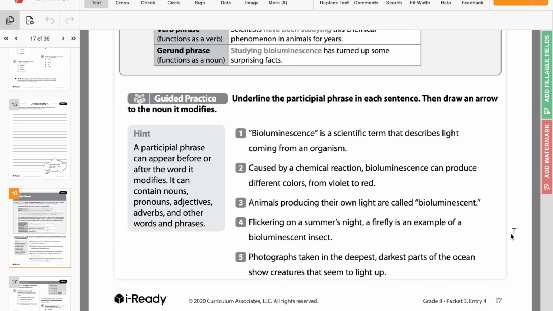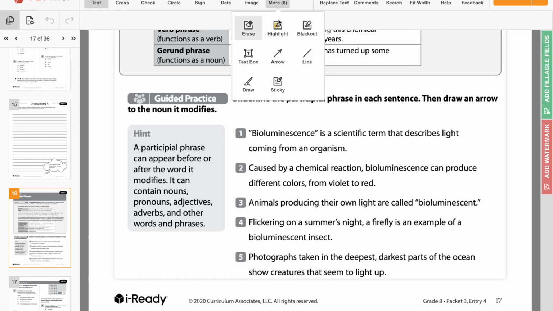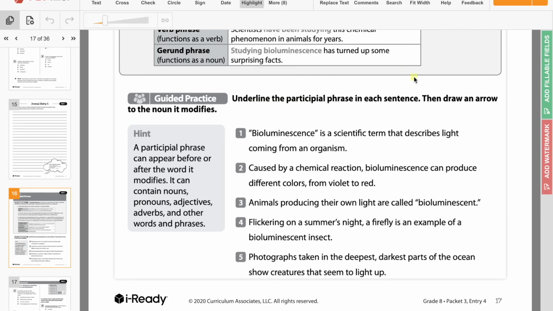Well, here I am going to just highlight it because that's easier for me. So it says, hint, a participle phrase can appear before or after the word that it modifies. It can contain nouns, pronouns, adjectives, adverbs, and other words and phrases. Here we see bioluminescence is a scientific term that describes light coming from an organism. So,